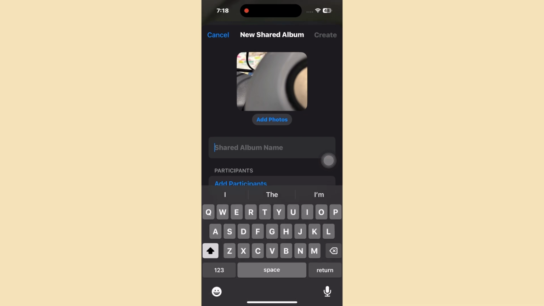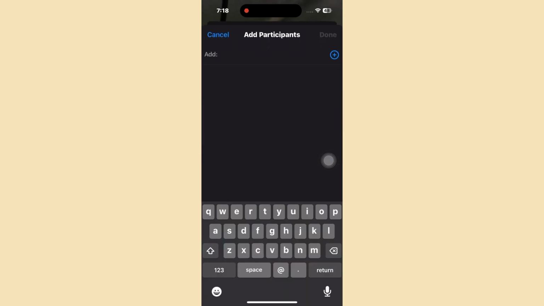From here guys, as you can see, you could change the shared album name and you could add participants down below. Just simply select add participants. And from here, of course, you could just simply add their email over here and automatically they will be sent an email and they have to accept it to